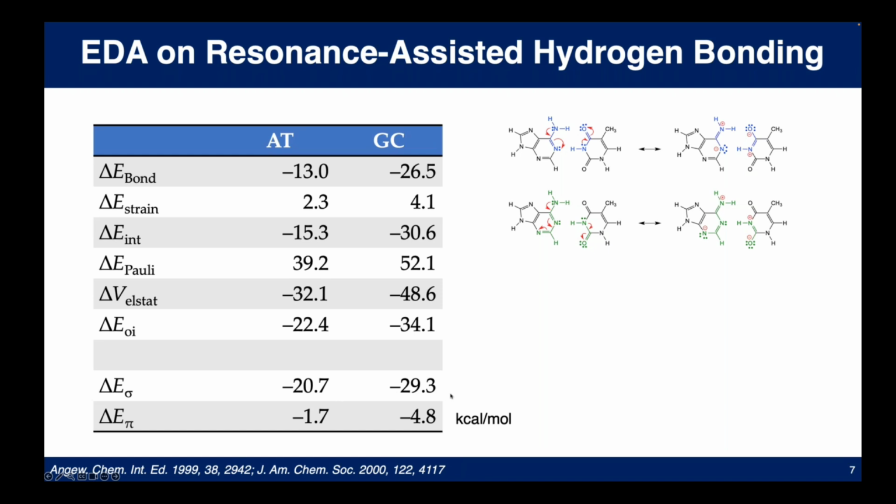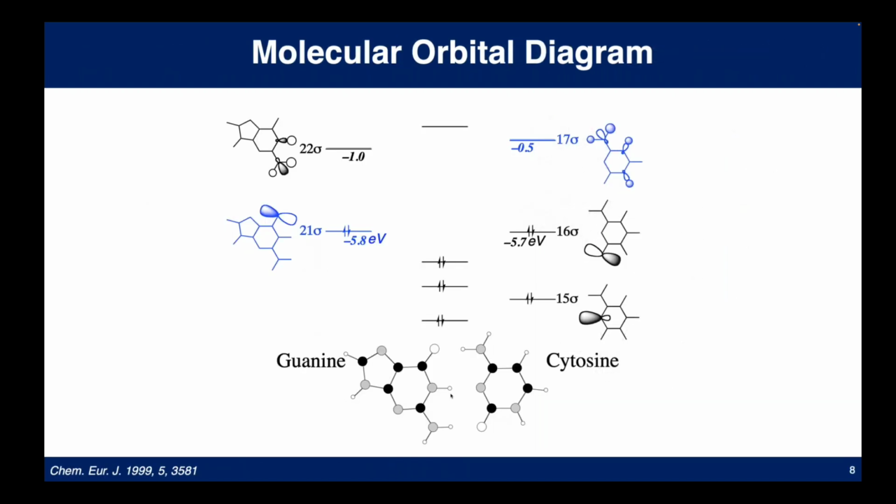What we can say already is that the important factor for having a stabilizing orbital interaction is not the resonance assistance, it's what we thought probably, donor-acceptor interactions. And actually what we found, and I will show it for the GC base pair, is that there are